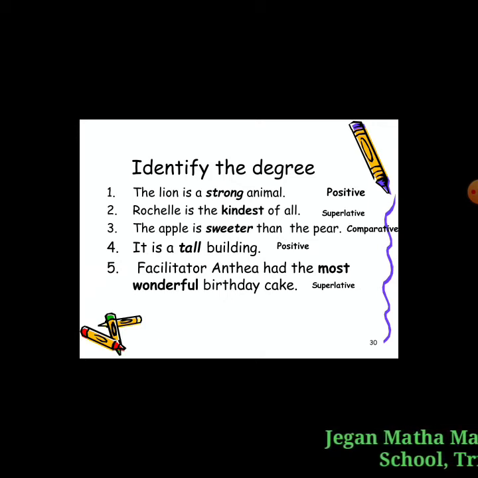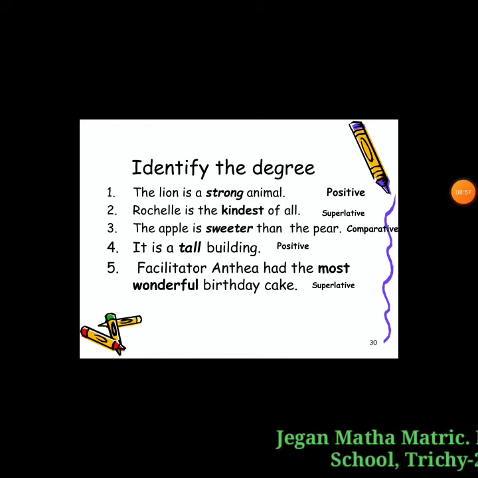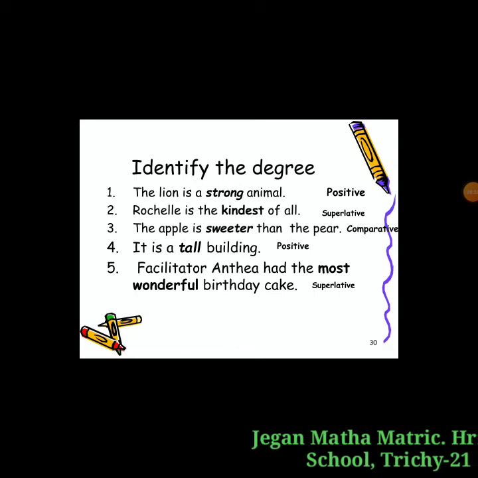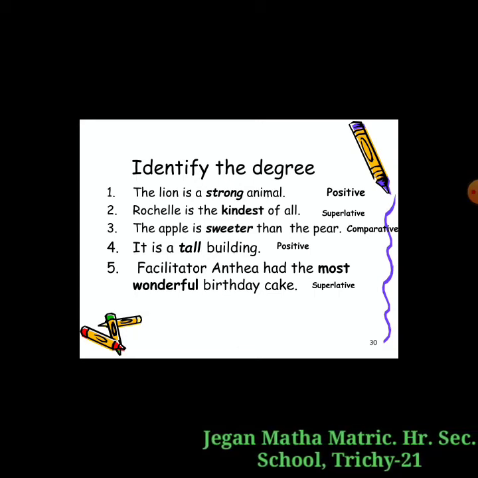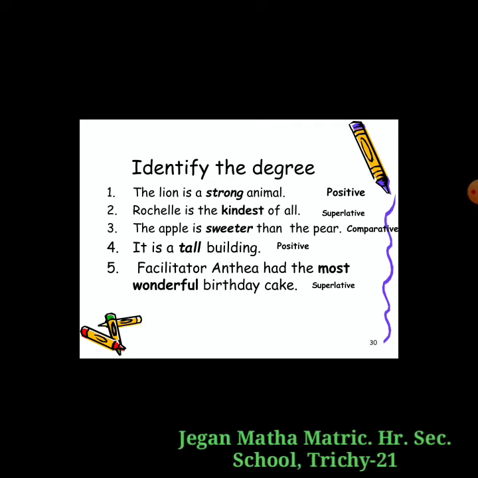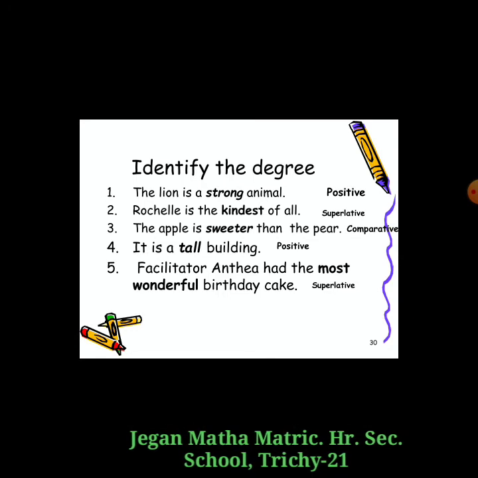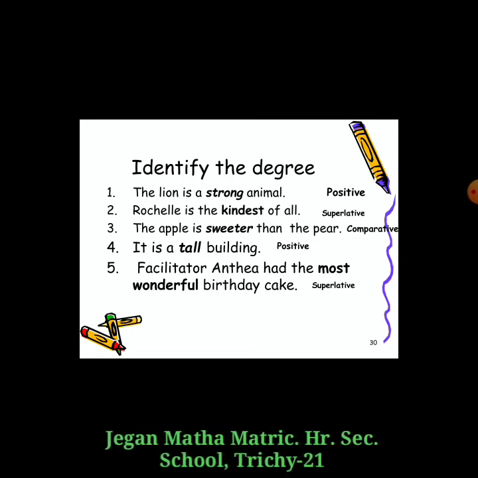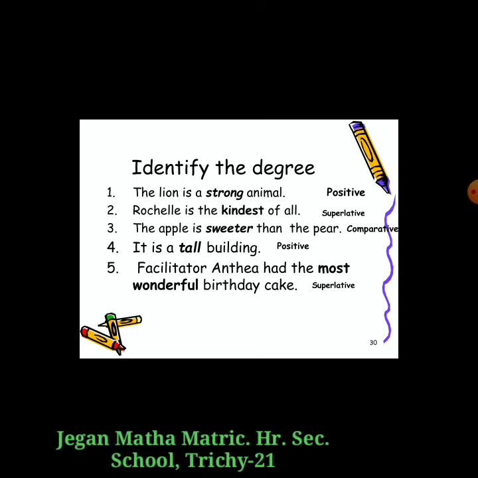Tallest, est. So here we can use the end of the adjectives est, so we can use that superlative. Ganesh is the tallest, est, so that's superlative degree. For example, type 1, positive to comparative. How will you change? Rahim is as great as Arun. As, so that is first type, positive degree.